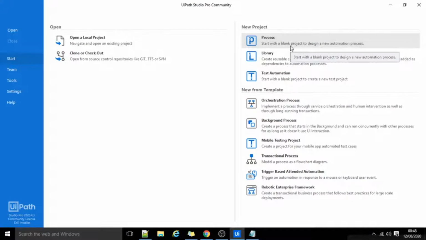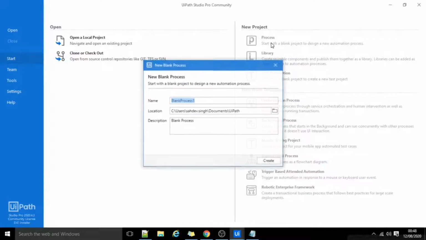To demonstrate about array variables, I'll create a blank project. I'll name it as array demo.